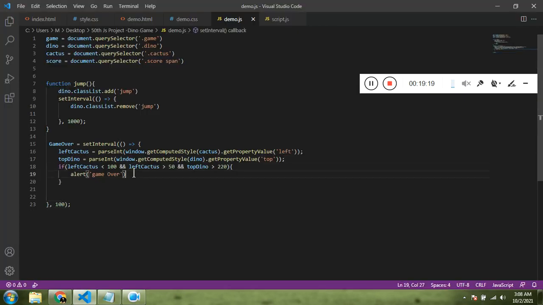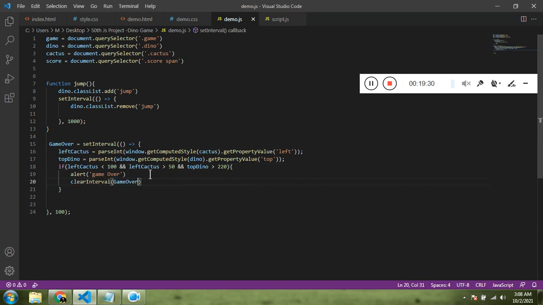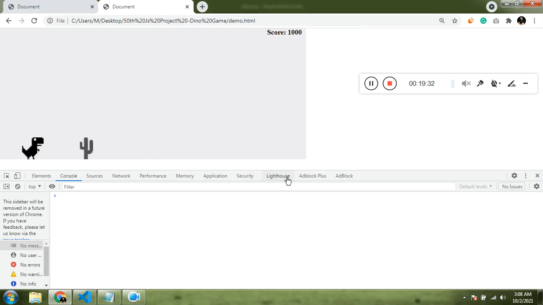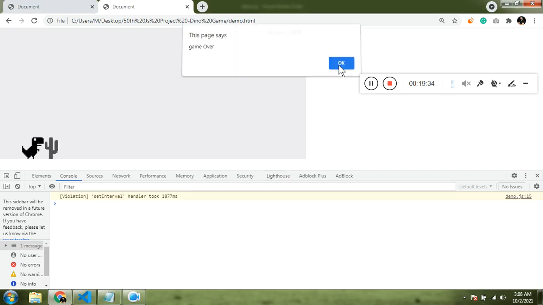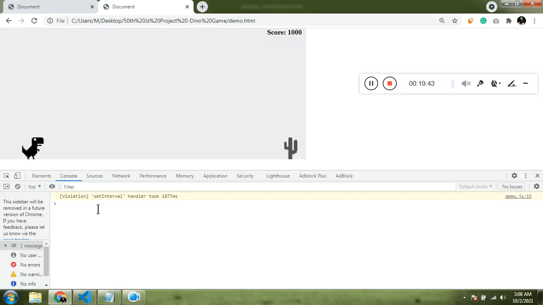So if there is a game over, I want to stop the set interval using the function clear interval, and we need to pass the variable. Leave it, click on OK. It should stop the set interval.